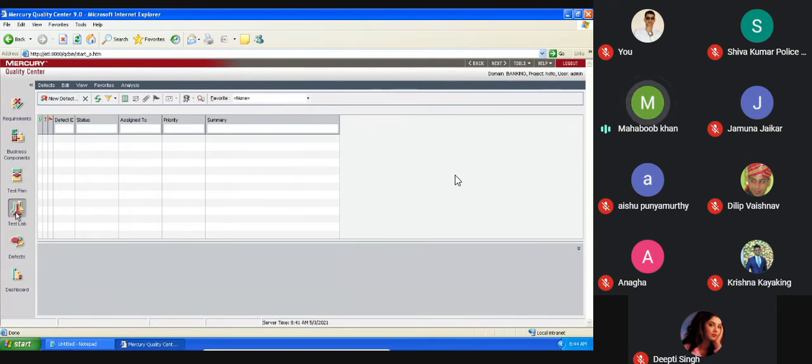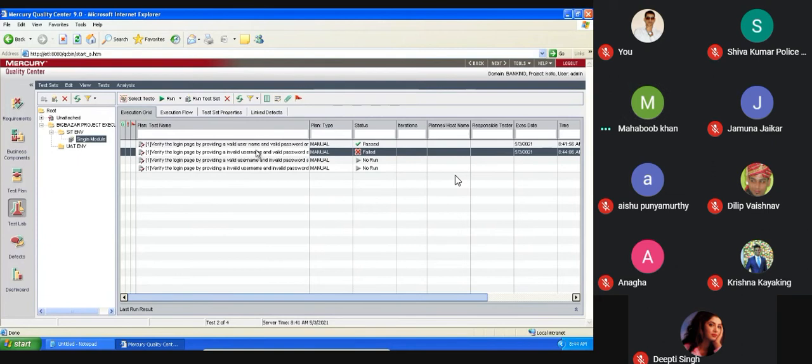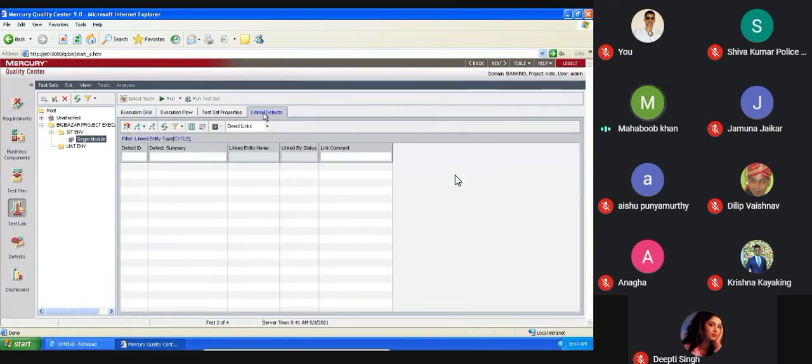Or wherever you have failed, select this failed test, go to the linked defect. Are you getting? Go to the linked defect, and there are tabs there. Add a linked defect. There is like link existing defect. That means create a defect and add it here.